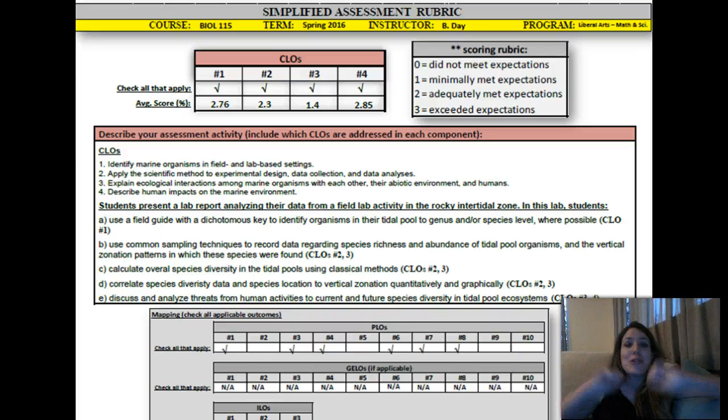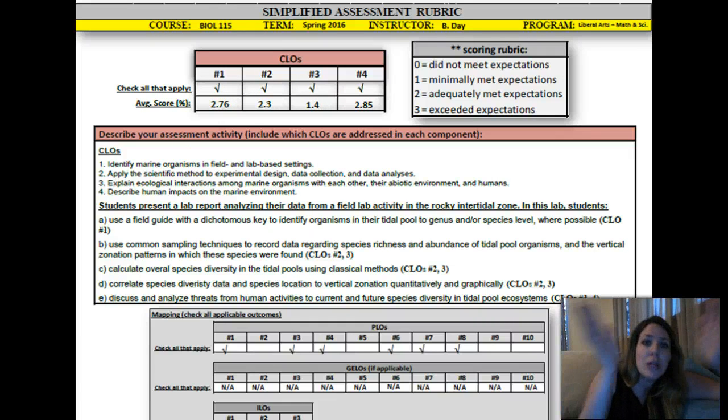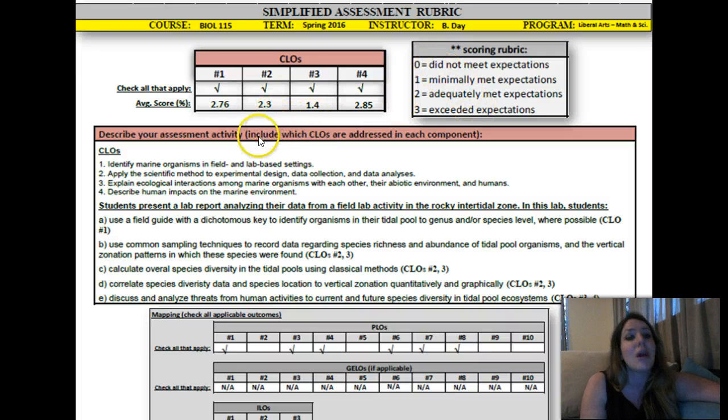That's all we're asking you to do: turn in a copy of this form, and keep one for yourself, because you're going to use the same form at the end of the semester after you have implemented this particular assessment activity that you've chosen. You're going to come back and look at your grades. Maybe you scored them out of 10 points for this activity. Well, now with your colleagues, figure out how that equates to this 0 to 3 scale, 3 being exceeding expectations, 0 meaning not met these expectations, and then take an average among the students for that 0 to 3 scale.